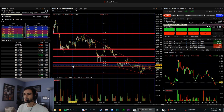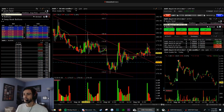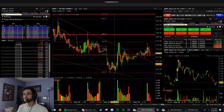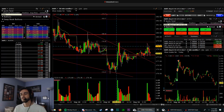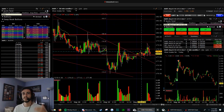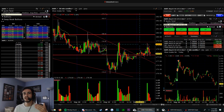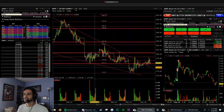So Apple, first thing I was watching is we were kind of in this downwards wedge we've been forming. And the market yesterday was really weak, not looking that strong until later in the afternoon. And Apple was just at the open, looking really strong, relative strength compared to the market. So today, I was expecting a little bit of bounce in the market to at least the pre-market highs or the gap fill today. So I was looking for Apple long off this